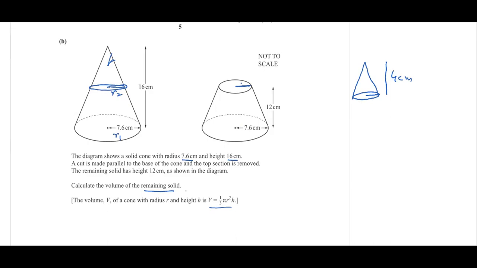And for that, I can use similarity. Because if you look at it, the bigger cone and the smaller cone are similar to each other. So the property of similar figures: if you call this height h1 and this height h2, which has been cut from this one, as they are both similar, the larger one has a height of 16. So the ratio in similarity, we know the ratio of